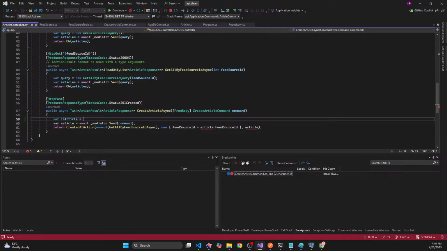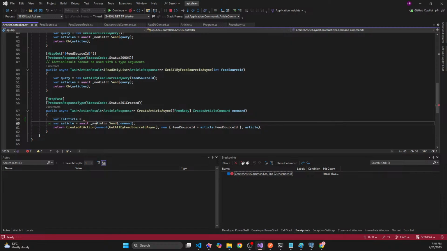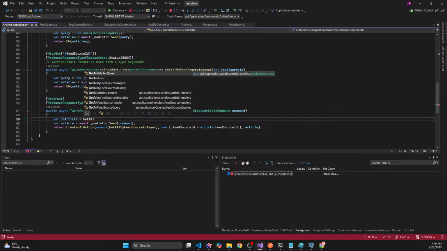It just means I cannot even use mediator right here, can I? I cannot use it like this, so I have to do it all